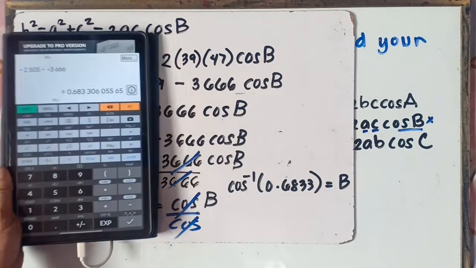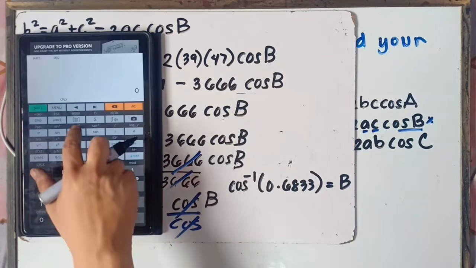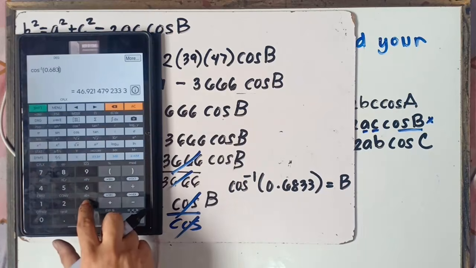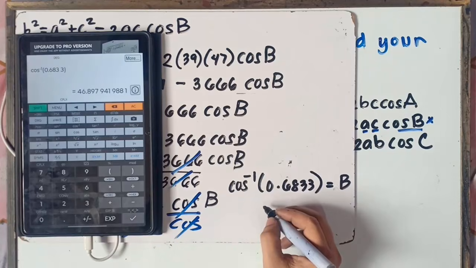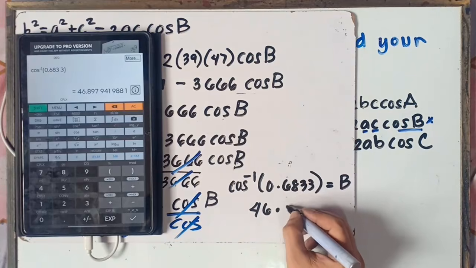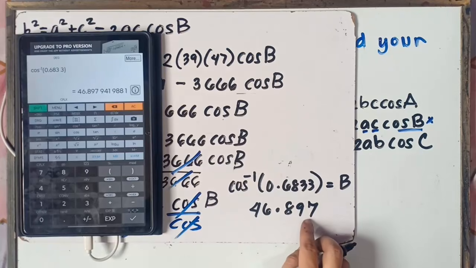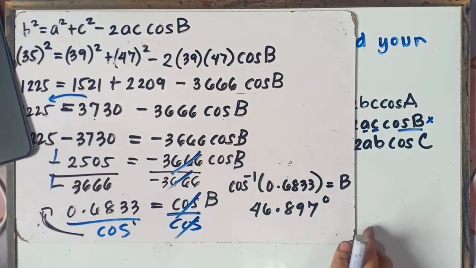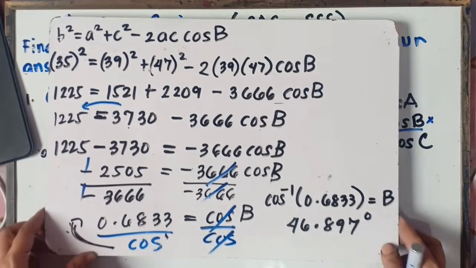Alright, simply use your calculator to finalize our answer. So we have shift and then cosine 0.6833. Alright, and then we will have 46.897 degrees. Now, we're told to round off our answer to the nearest degree. So therefore,